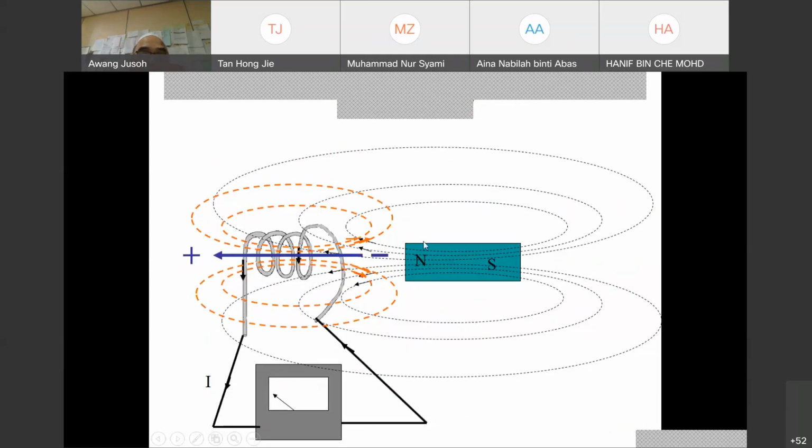If we move this magnet bar back to here, then what happens? The meter will move clockwise, because of the different direction of current, which means this becomes a south pole. Understand? Move to the left, it becomes a north pole. Move to the right, south pole. That is what Lenz's law means. We can find the direction of flux or the current produced by using Lenz's law. Any questions? Anything that you want to ask?